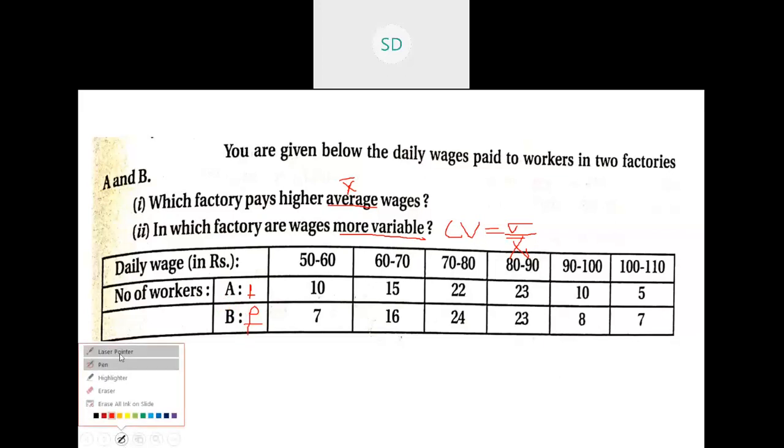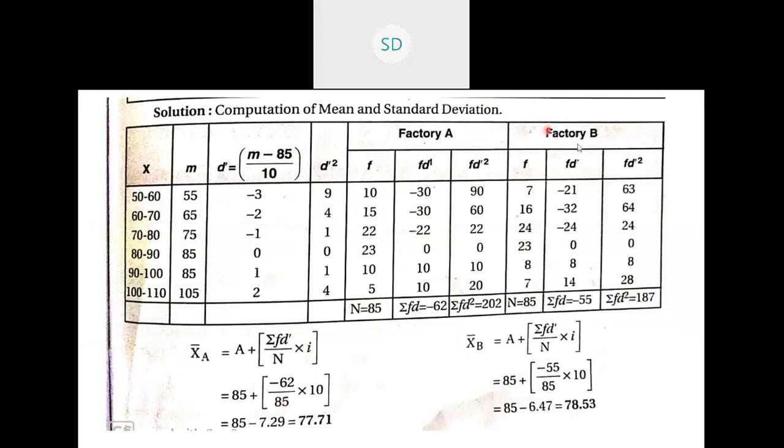Now let us solve this problem. Let us find out X bar and coefficient of variance and give the conclusion. So we are drawing a table where we will be finding mean and standard deviation using the table. The table also is very similar to the discrete series, but the calculation of the deviations is a little different. That is the main thing here to note. You will have to be careful in solving the arithmetic mean and standard deviation because the formulas differ for individual series, discrete and continuous series.